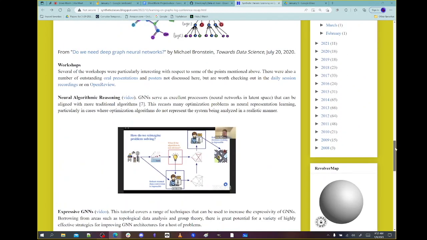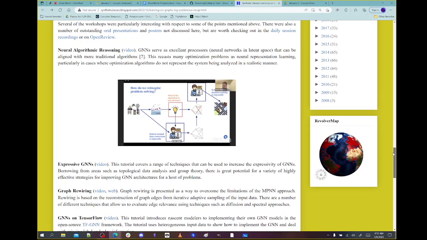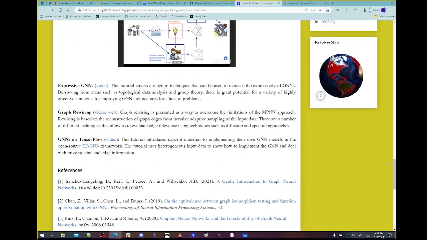And then the end of the conference was just these workshops. They had each day, at the end of the day, workshops. So they had one on neural algorithmic reasoning, which was saying that optimization problems are hard. It's hard to solve optimization problems, but they can be made easier using these kind of graph neural networks or neural representation learning. Then there was this issue of expressiveness, which was basically how